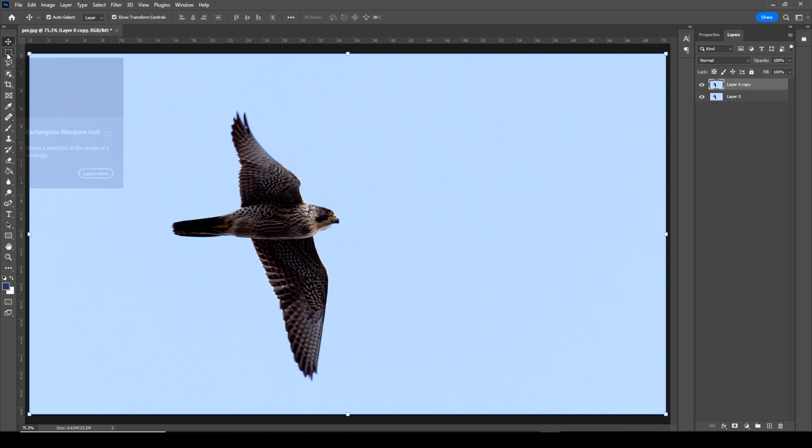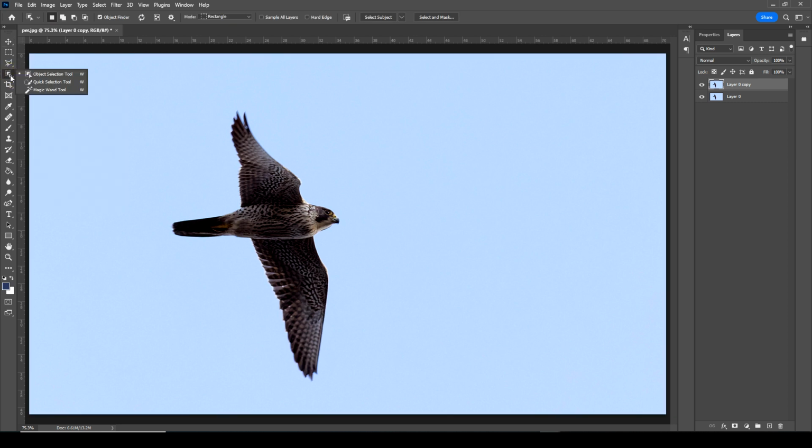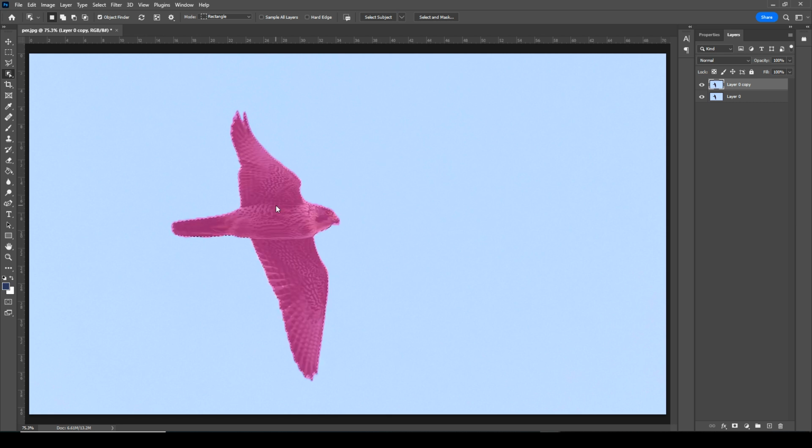Now it's 4 down in the tools here. If you don't see it like that, it could be another one that's selected. Okay, it could be any of these, but I'm just going to have the object selection tool selected, and then up the top here you can see select subject, and I'm just going to click that because this is a simple sky. I'll just click that, let Photoshop do a bit of thinking, and then you see it picked the